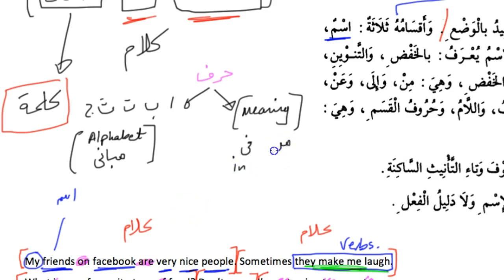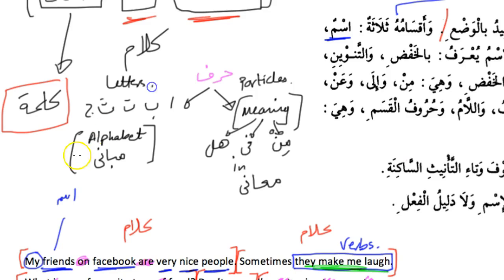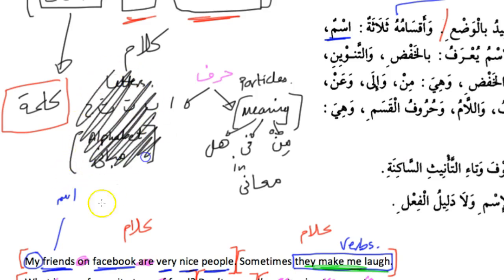Or for example, like min. Or for example, like hal, is. All these things have meanings in themselves. So these are known as harf al-ma'ani. Ma'ani, particles, what we call. So in English, when we say particles, this is what we're referring to. In English, when we say letters, this is what we're referring to. So we're not going to be dealing with letters in Arabic grammar. We're going to be dealing with